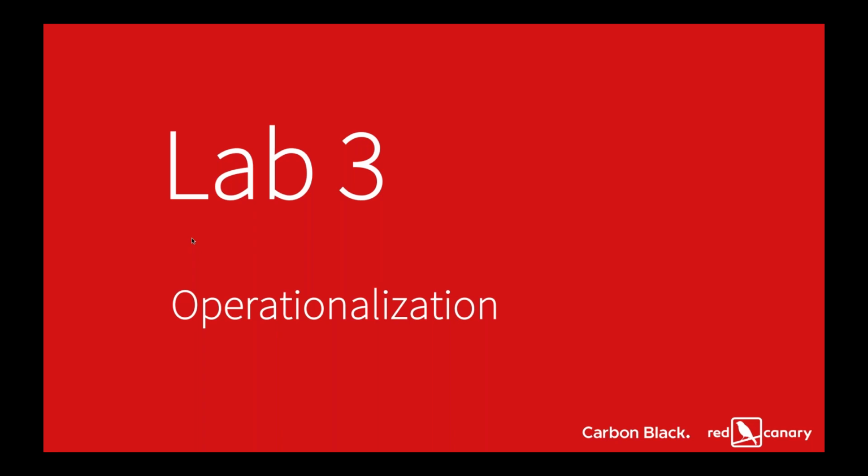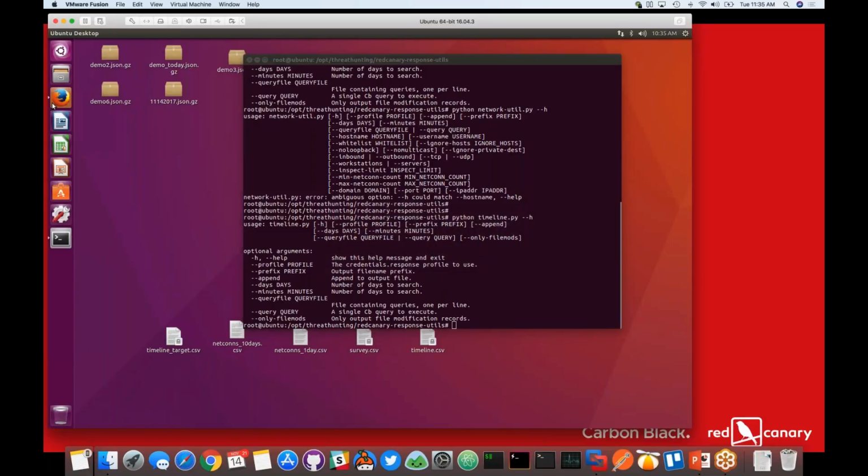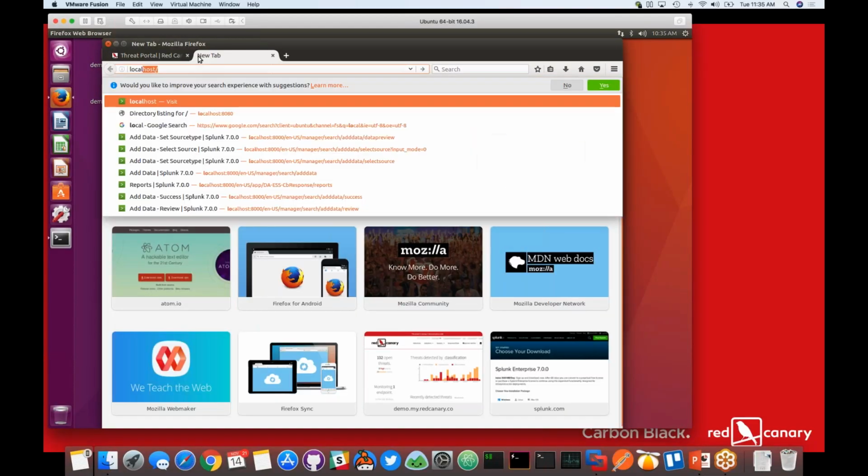But I think this was also just part of the maturity process of getting to a place where we started to take the event data off the Carbon Black event bus and put it in Splunk. We were collecting netconn, process start data, all of our watch list feed hits, and any kind of binary information that we were able to get out of there. We put all this into Splunk, and then we were able to start to build out all of these different types of reports and saved searches, which is really powerful when you start to combine these two types of things, right? So in our case, we already had our Splunk environment ready to go.